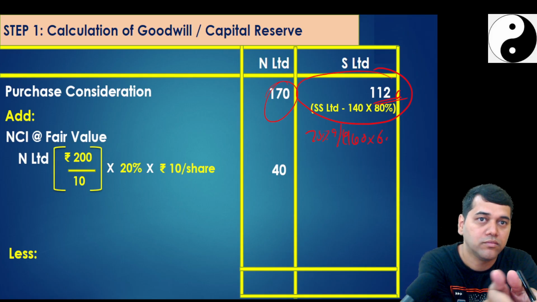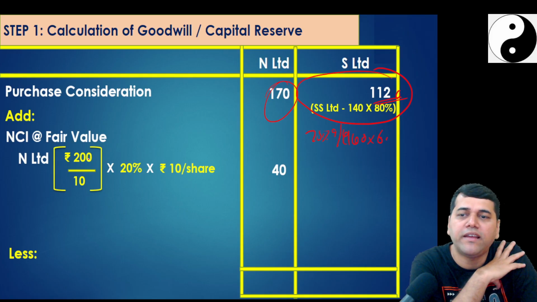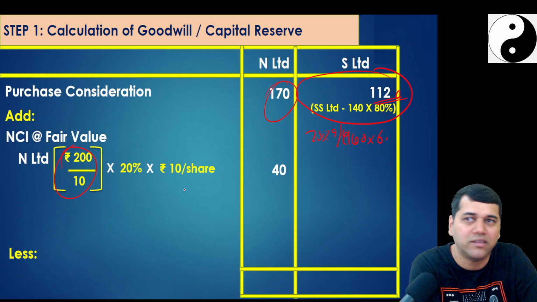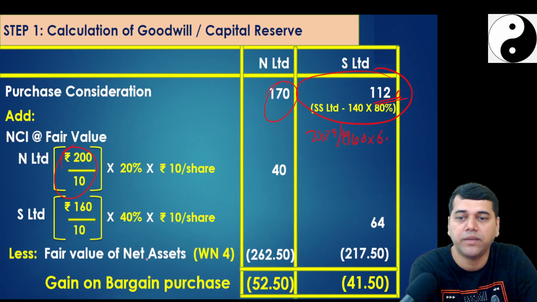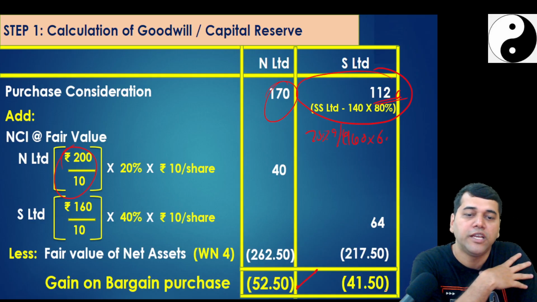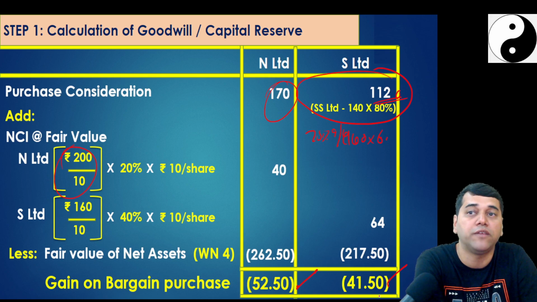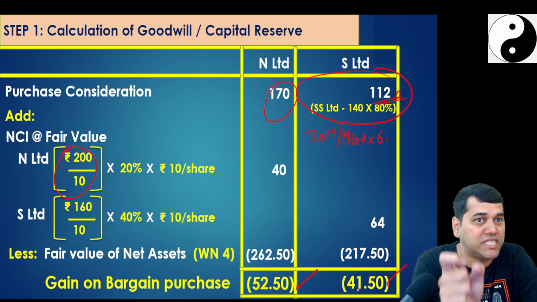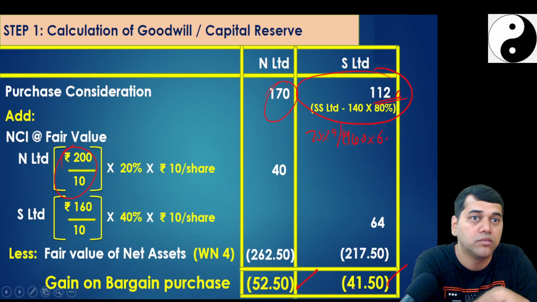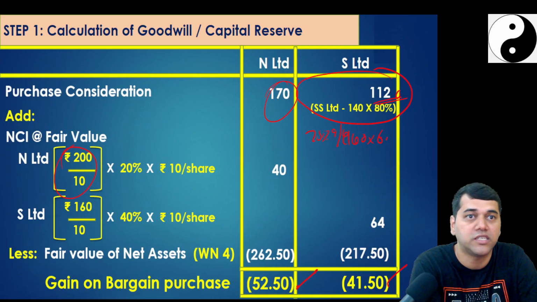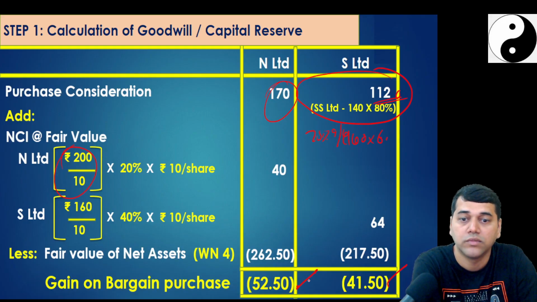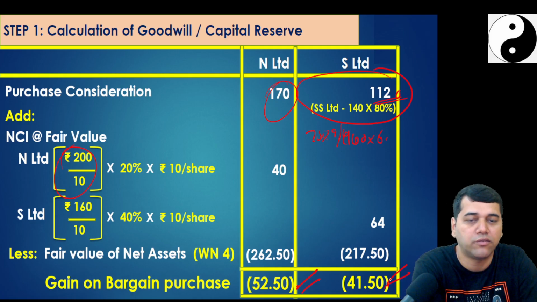Followed? Yes, so NCA will be at fair value only, so again it doesn't matter, but be careful, let us follow this format only. So it comes to the same, and the fair value of net assets we have done. In both the places we get the bargain gain only. If in one place we would have got a goodwill, we would have adjusted and shown the net figure, because they only told us to adjust any gain with the goodwill, cost of control. You got these numbers? Yes, you have that one adjustment for one.